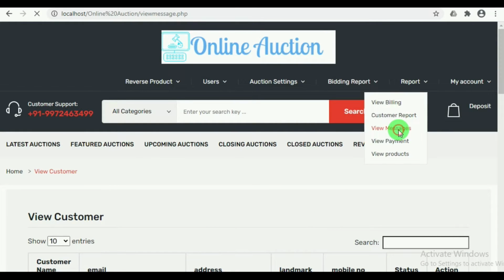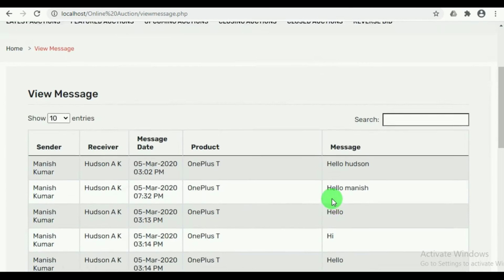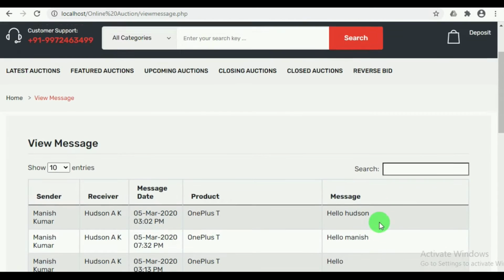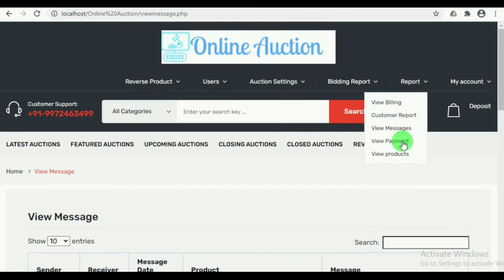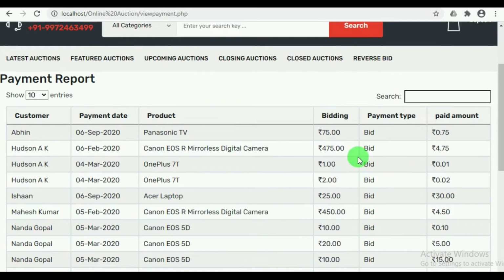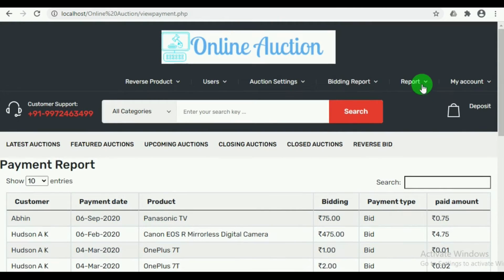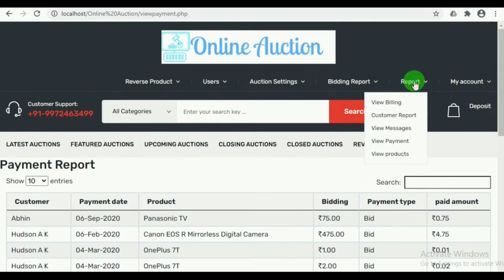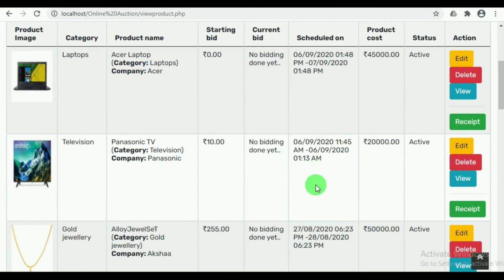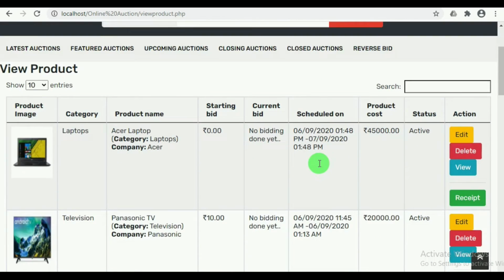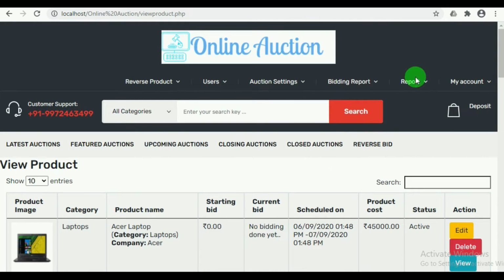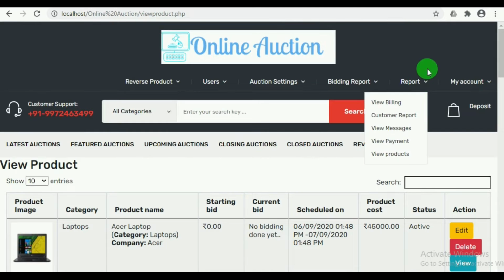In view messages, the messages sent to the portal by the various customers or various viewers can be viewed, and in view payment, the various payments made or the various biddings made by the customers can be viewed with the details. In view product, the various products which are put for auction can be viewed. The admin can also edit and delete the details.